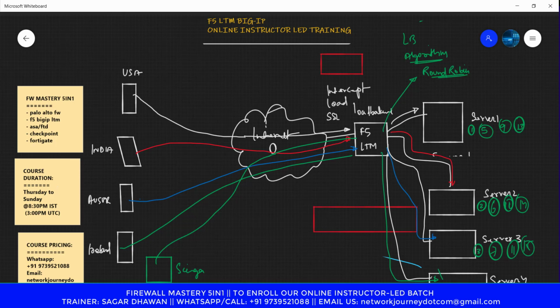Okay, so this is one of the primary tasks of the load balancer, to load share. Now all the servers are utilized equally. Okay, so let's say initially this server was 10% occupied. Over here you had 10% occupied, right?